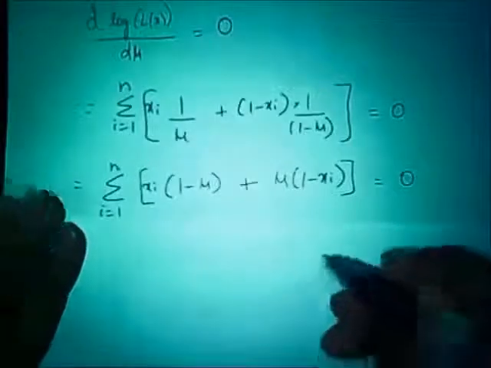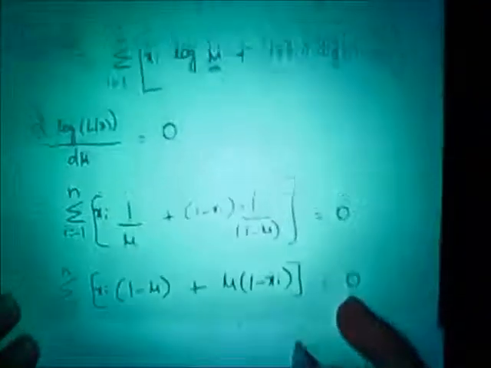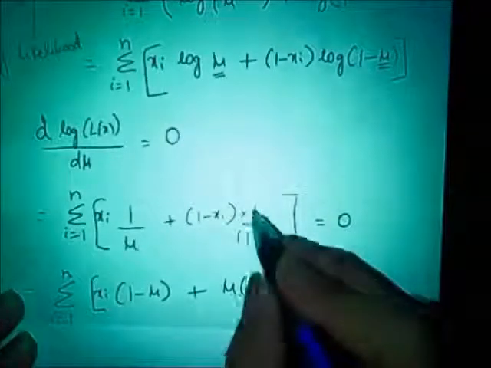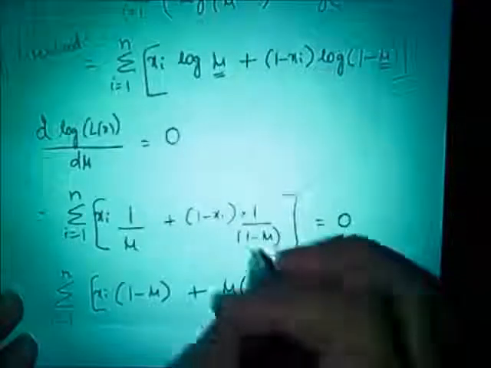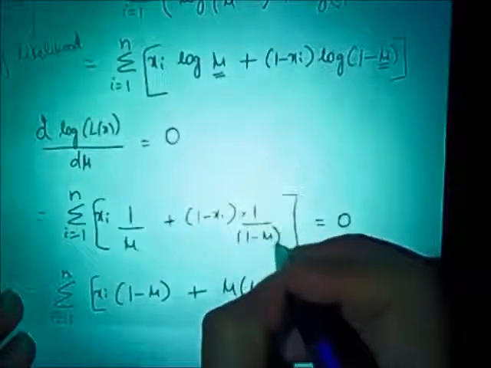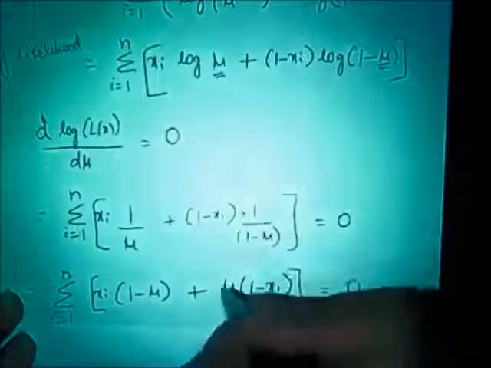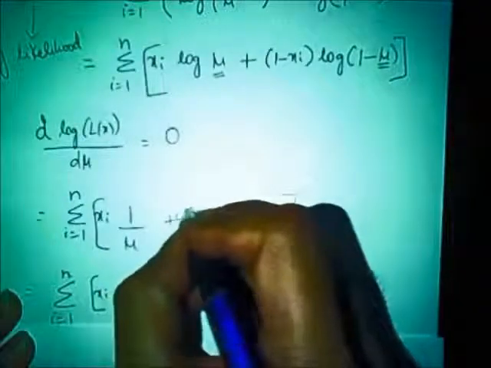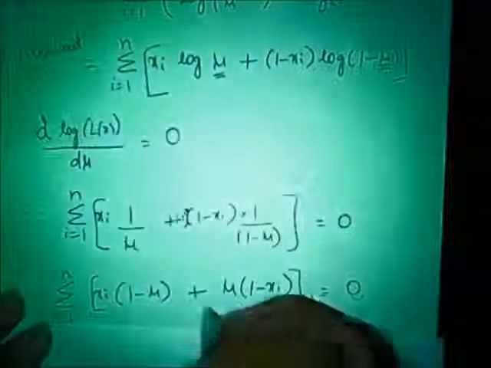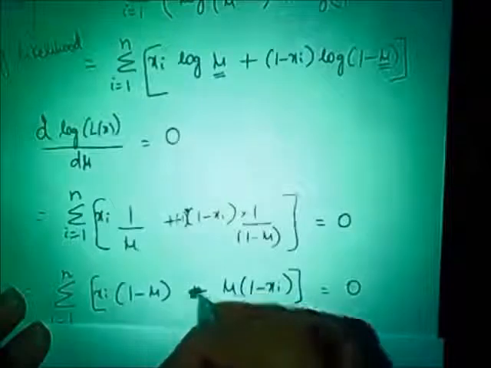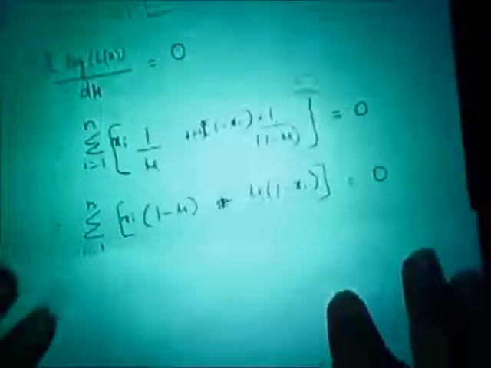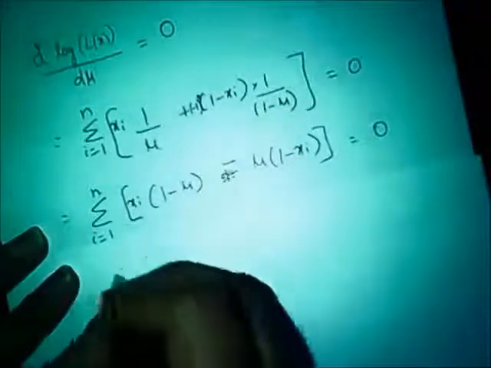I'm sorry, there is a correction. When you differentiate log of 1 minus mu, we don't just get 1 over 1 minus mu, but we also have to differentiate this and we'll get a negative 1. So this is going to be negative 1 times this factor. So instead of this, we're going to have a negative sign here. So continuing with the derivation,